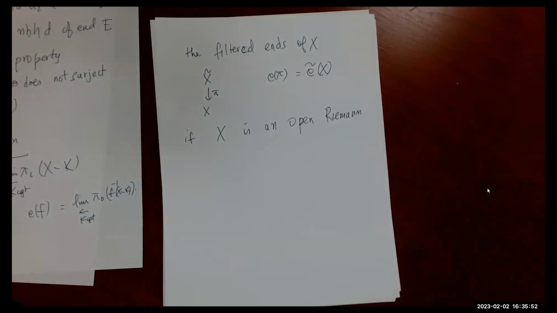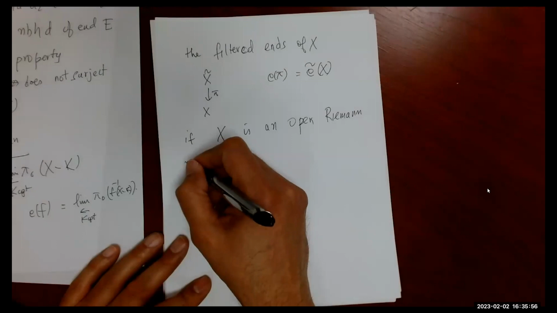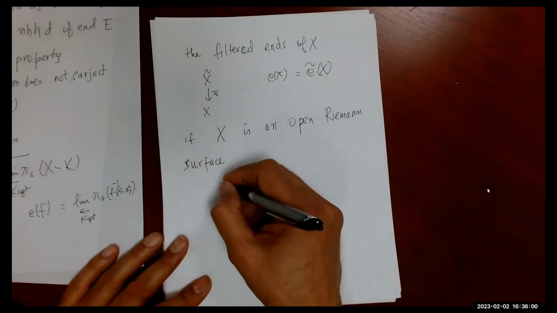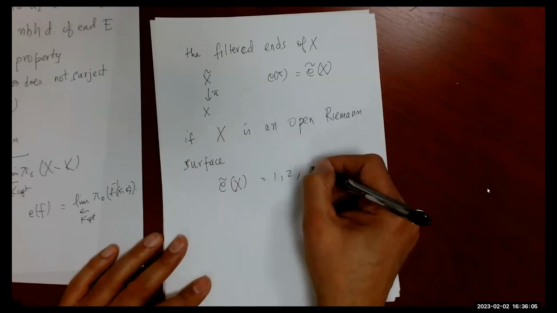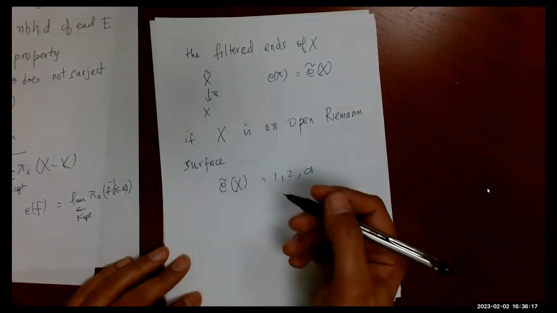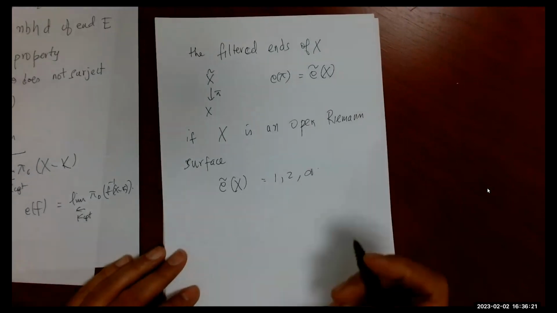It turns out there is an interesting structure theorem you can prove under this assumption. First thing is, if X is an open Riemann surface, then E twiddle of X is going to be 1, 2, or infinity. If it is 2, it's going to look like that Cousin example. No, not for a Riemann surface, I'm sorry. Let me just take a step back.